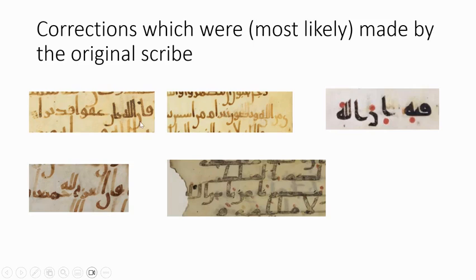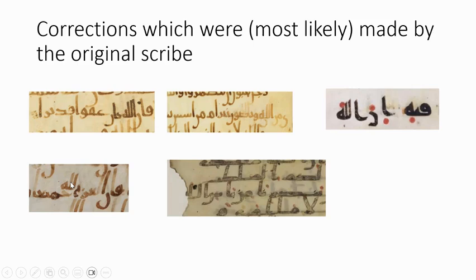This one is actually a bit unclear. It looks a bit different. I was going to mention that, but it's still fairly similar. It's still the same writing style as the original script. It's just the ornamentation and the orientation, and it looks a bit darker, but that could just be our perception of things. Even if you ignore this, you still have a couple of other examples, and this is quite obviously the work of the original scribe.